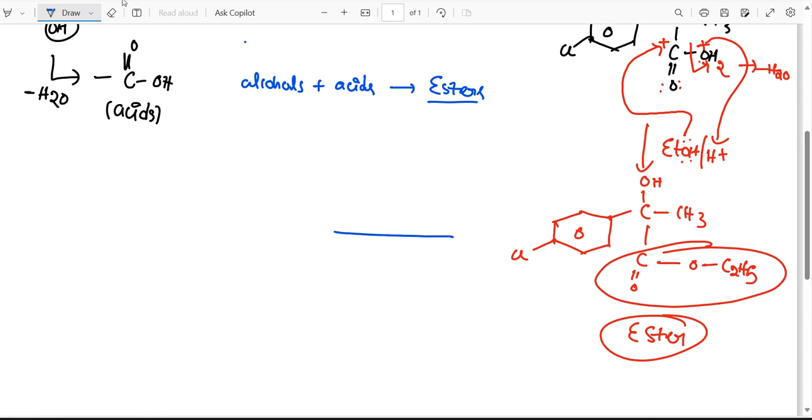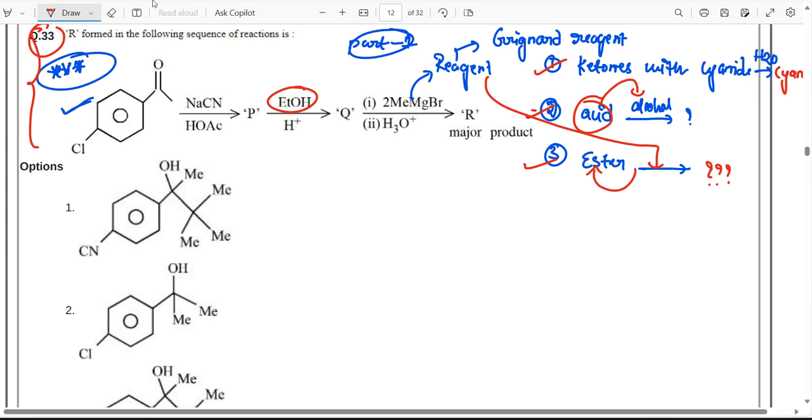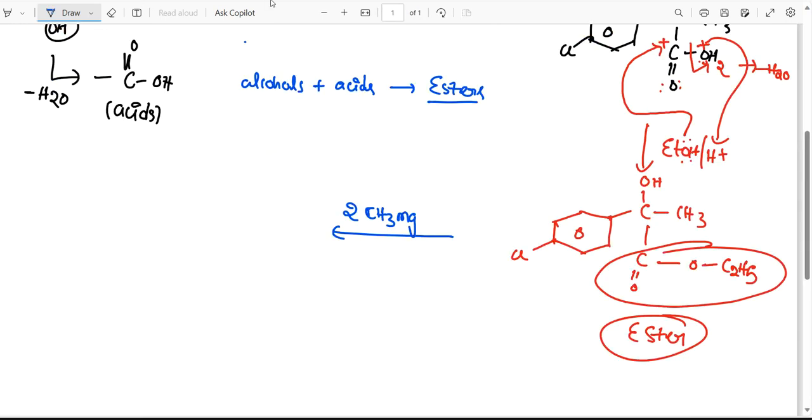Now let us try to understand one of the most important topics, the Grignard reagent. How does a Grignard reagent act? What is the use of a Grignard reagent? Here, CH3 Mg: two moles of Me, meaning methyl, CH3 MgBr, methyl magnesium bromide. Before discussing what will happen when a Grignard reagent reacts with an ester,